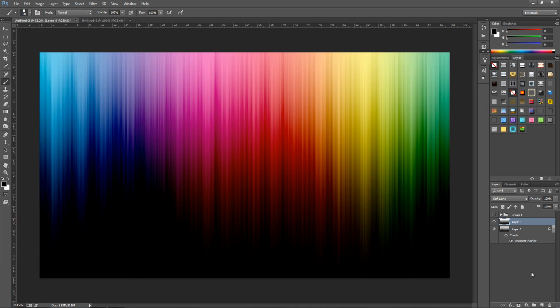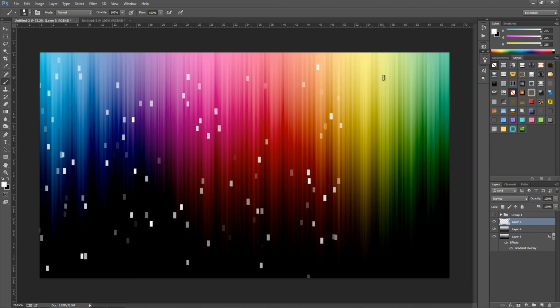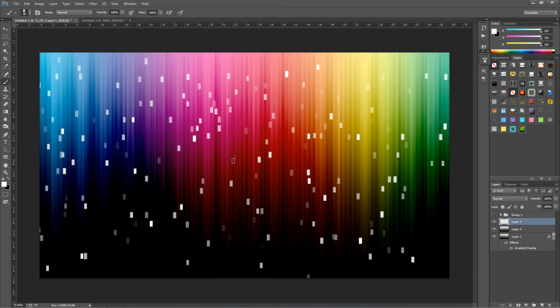We're going to create a new blank layer, and change the foreground color to white, so change that to white, and then from here we can just bring it down and just keep going all the way down, just drag to create these. So pretty simple really, nothing too hard, so just keep going over, just so you have a nice number of these. And you can really go to town on this.